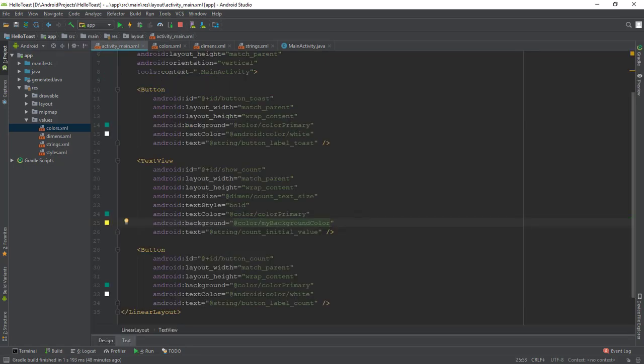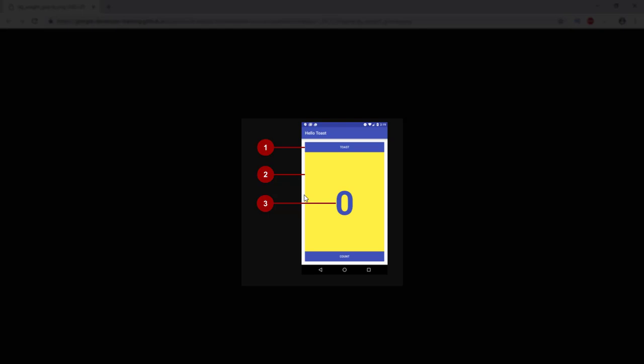Next we will set gravity and weight. Specifying gravity and weight properties gives you additional control over arranging views and content in linear layout. First, the Android layout gravity attribute specifies how a view is aligned within its parent view. Because the views match their parent in width, it is not necessary to set this explicitly. You can center a view that is narrow horizontally in its parent. Android layout gravity is equal to center horizontal.